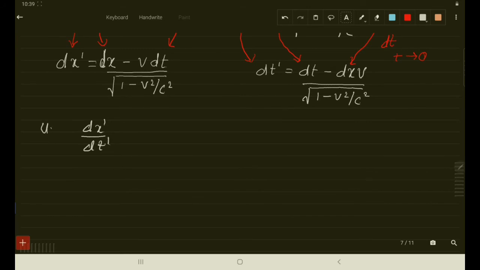This will be ux dash. Now remember, x is the component in the parallel direction of the motion of the frame of reference. That means this is the component in which both the train as well as the frame of reference is moving, and also the object is moving in this direction. So dx dash by dt dash will be (dx minus v dt) divided by root of 1 minus v square by c square, the whole divided by